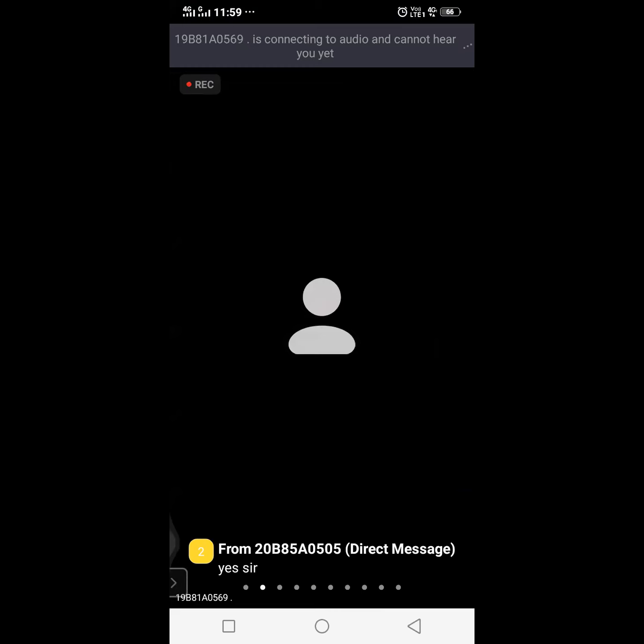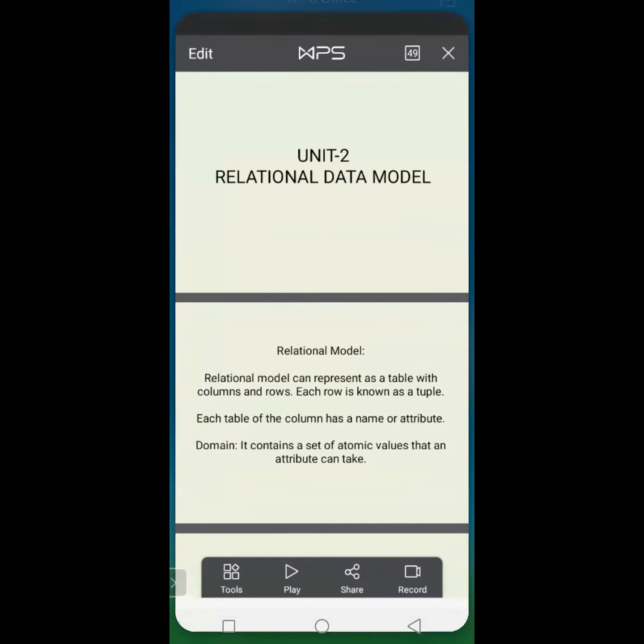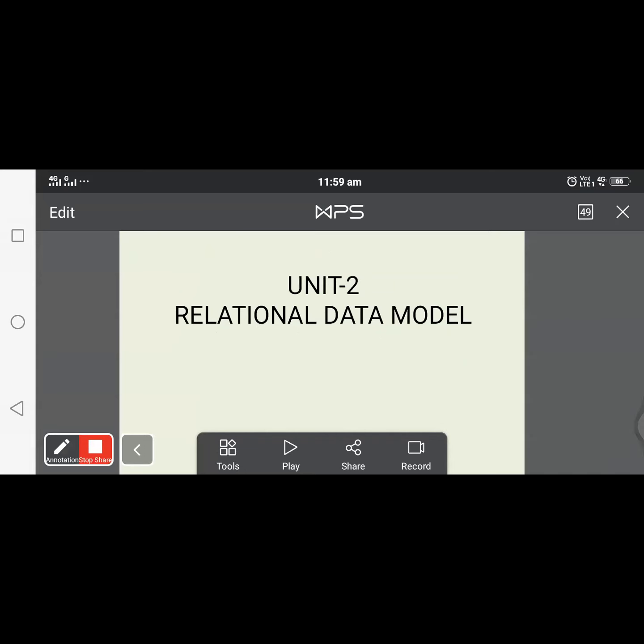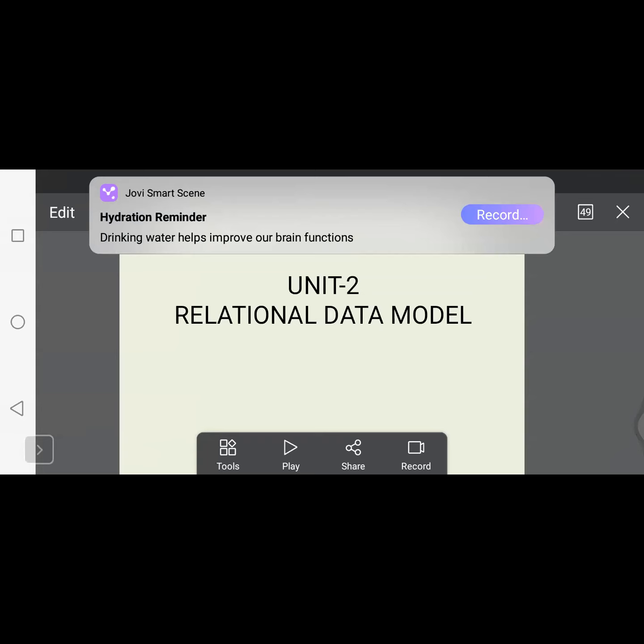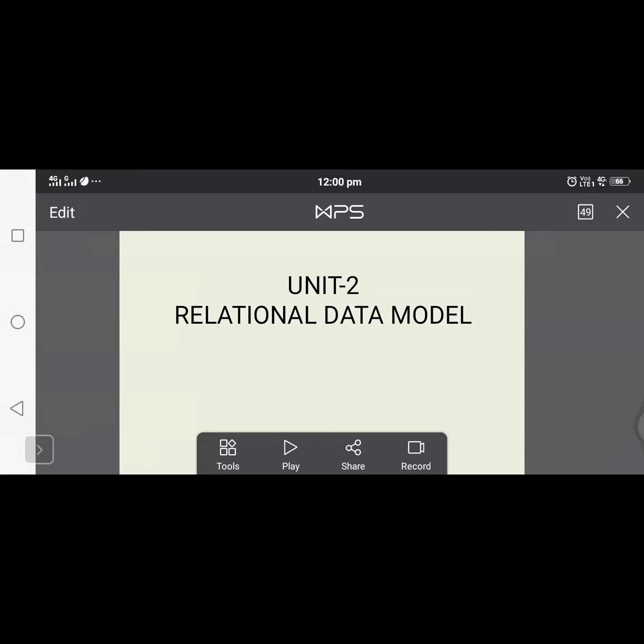So check is also one of the integrity constraints to maintain the required field. For example, we are setting one condition: each and every employee's salary should be greater than 10,000. Then how can we set that condition? Check of sal greater than 10,000. Then it will accept 10,000 only.